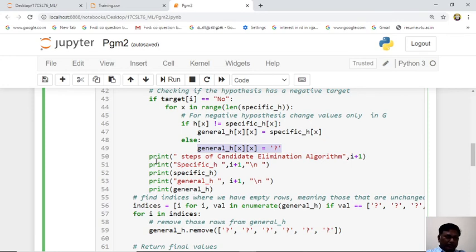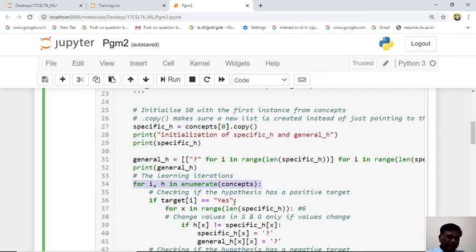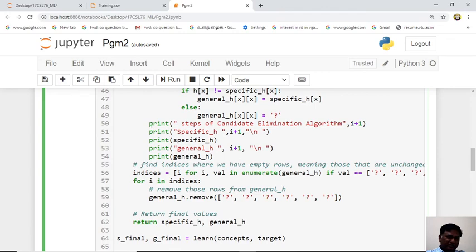Now you see, this is just printing the statements step by step. This is inside your for loop. You see, this is the for loop. So inside the for loop, all the step by step explanations are printed by this print statement. What is your specific case and general case? Once the for loop is over, we will come out of the for loop and this line will be executed. You see this index. Actually, we don't have so many generals, right? So only whatever general case we have found, only that should be printed.